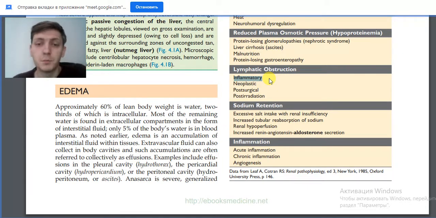Okay, post-surgical. So post-surgically, after the removing of breast cancer, in cases we have a positive biopsy for breast cancer, we have to remove the entire breast gland, and also lymph nodes, axillary lymph nodes. And sometimes, when too excessive,